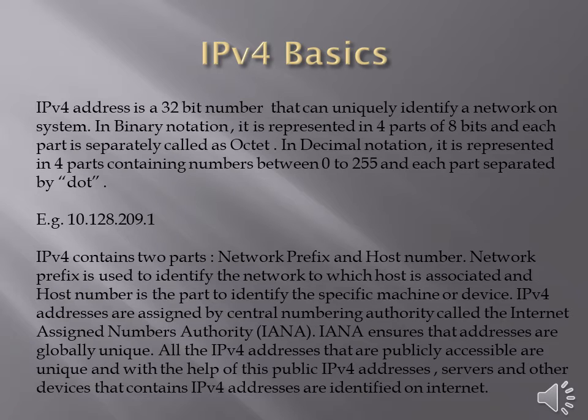IPv4 basics. An IPv4 address is a 32-bit number that can uniquely identify a network or system. In binary notation, it is represented in 4 parts of 8 bits, and each part is separately called an octet. These bits are in 0 and 1 format. In decimal notation, it is represented in 4 parts containing numbers between 0 to 255, and each part is separated by